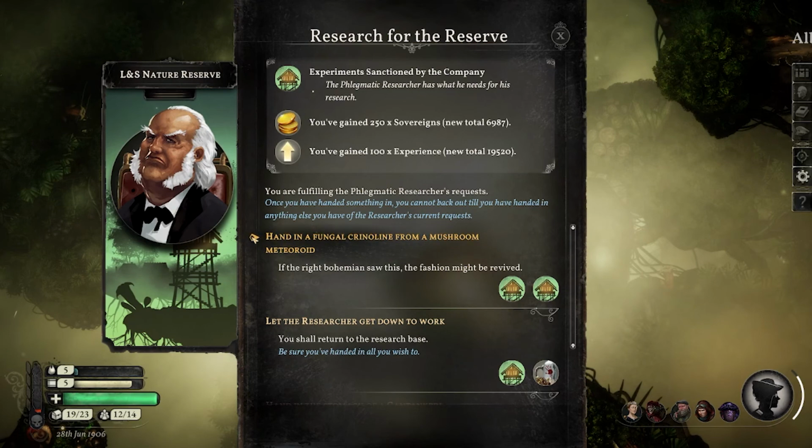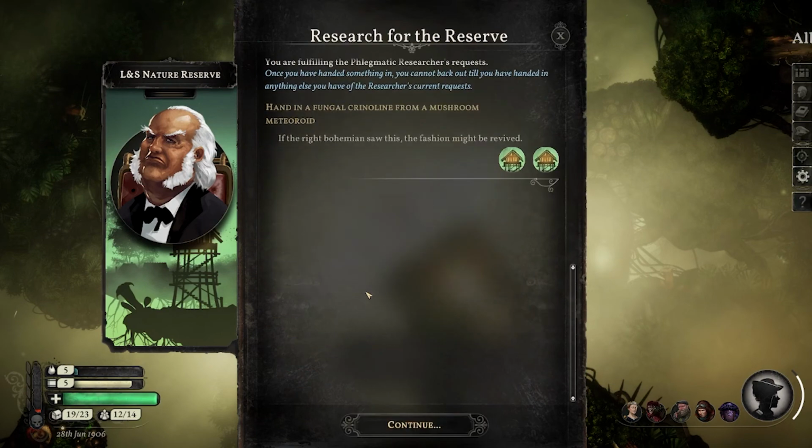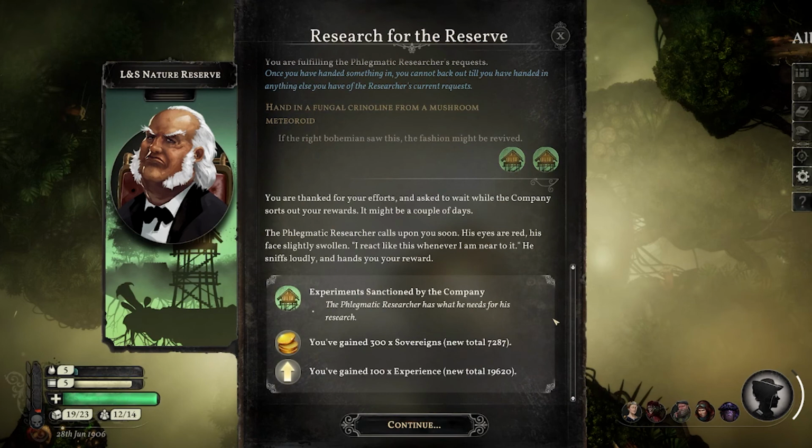We could hand in a fungal creoline from a mushroom meteoroid. If the right bohemian saw this, the fashion might be revived. Or we could let the, excuse me, we could let the researcher get back to work. Well, thanks for your efforts. Okay,